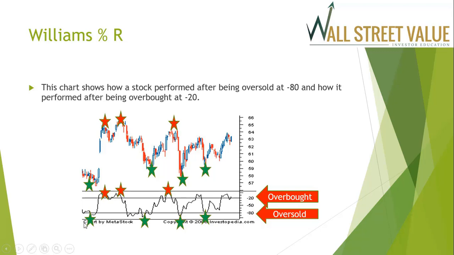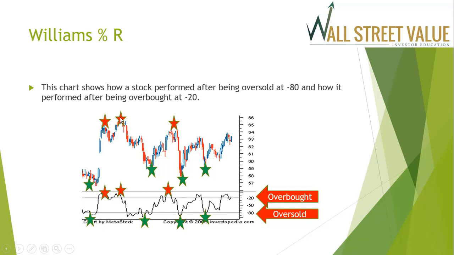It is well below negative 80. And if you take a look at where the stock performed right around that same time period, it went from about $57 a share and it shot all the way up close to $65, $66. Then you got the red star because it hit overbought territory at negative 20. And when the stock was overbought, it came down a little bit, had a nice pullback, and then it was